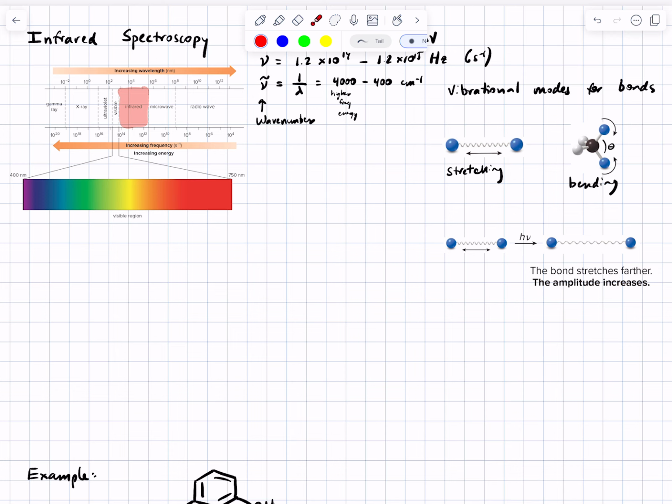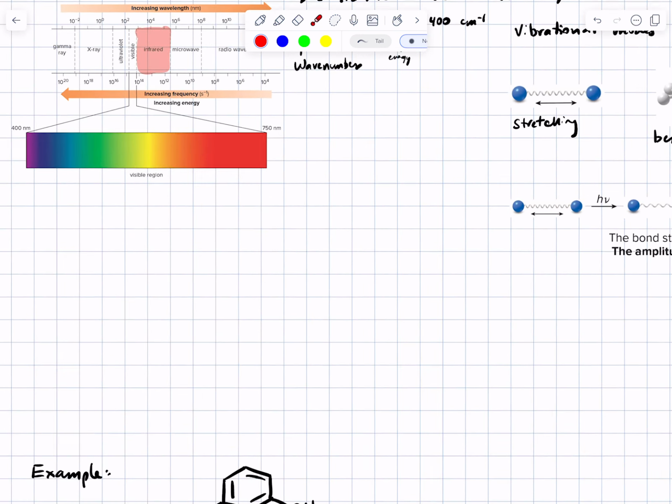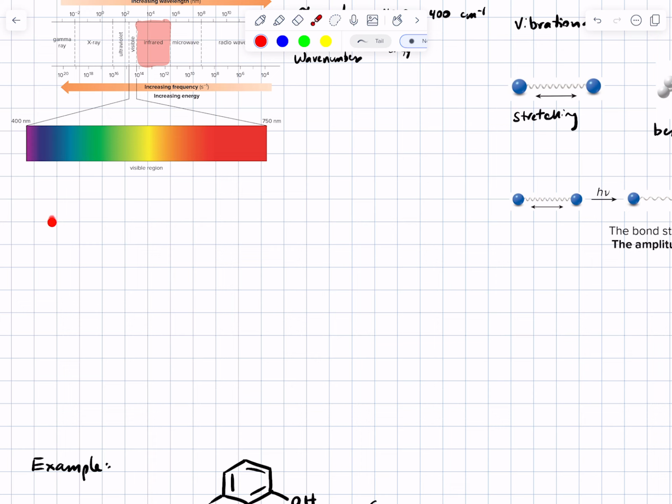But I honestly didn't really appreciate this until I started retooling some of these notes that I'm working from, and it actually helped me a lot to think about bond vibrations in this way. So here you go. You may have learned from physics that you can model two masses on a spring with Hooke's law, where the frequency or the wave number that you observe for a vibrational transition is going to relate to some constant k,